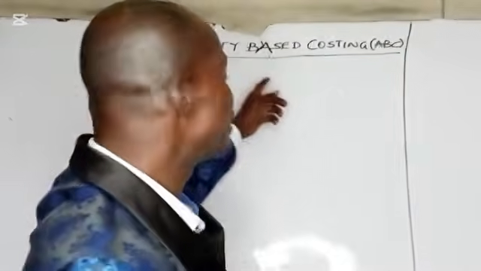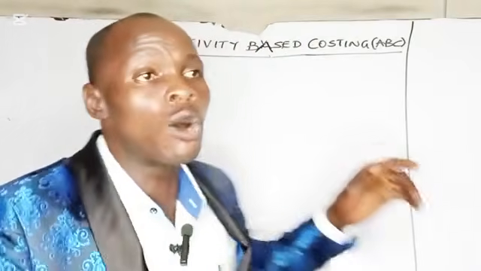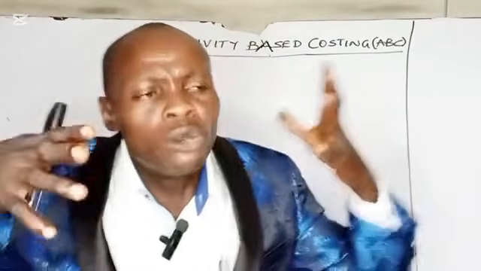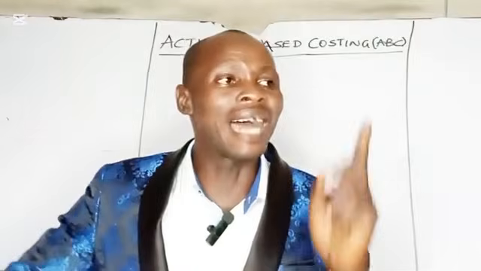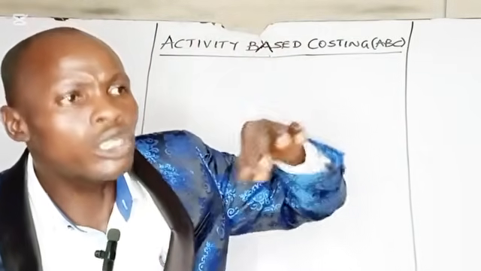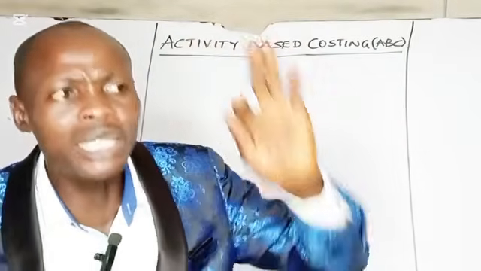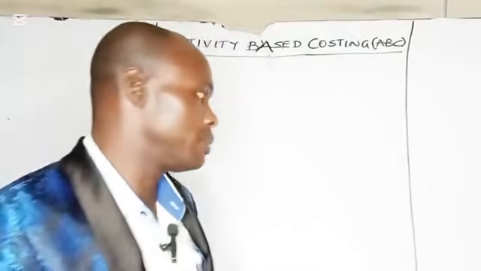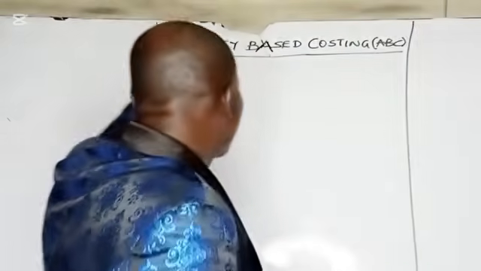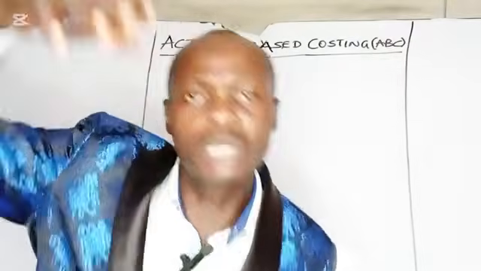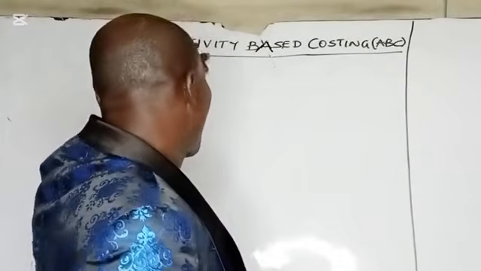So, what do we mean by activity-based costing? Activity-based costing is a method of charging overheads to cost unit on the basis of benefits received from the particular indirect activities. So, when you charge cost to a product on the basis of their cost drivers, that method is called